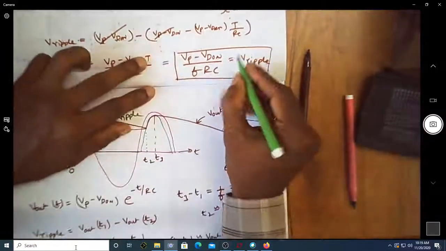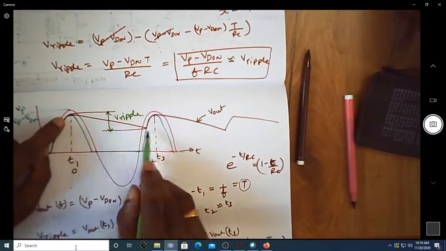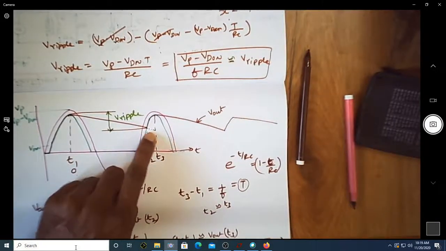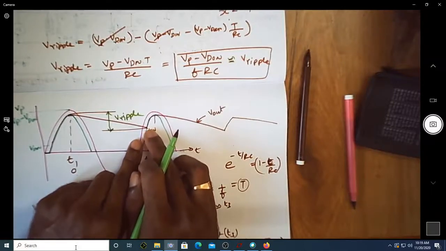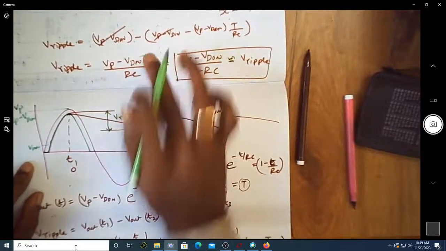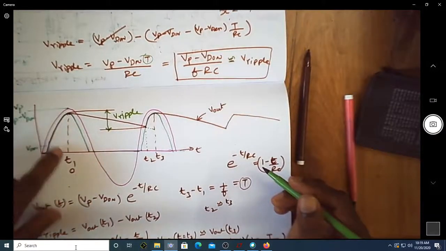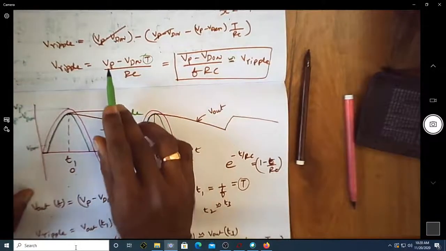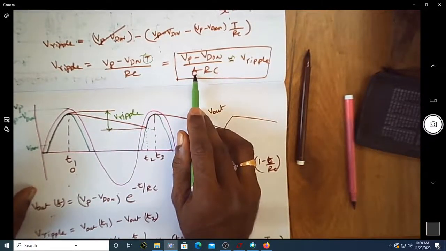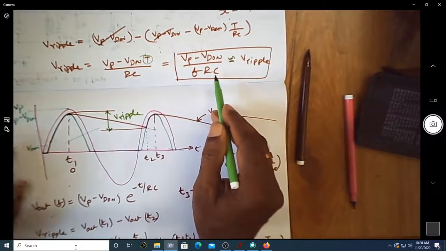So that's why I will say this V ripple voltage is approximately equal to the voltage at this point and the voltage at, suppose if you extend this, this will come till here. So you are making some modification or compromise here, to make sure that this is simplified. So the V ripple voltage of a half wave rectifier with filter is given by (Vp minus Vd on) divided by FRC, where F is the frequency of the signal, because F corresponds to 1 over this time, R is the value of resistance and C the value of capacitance.